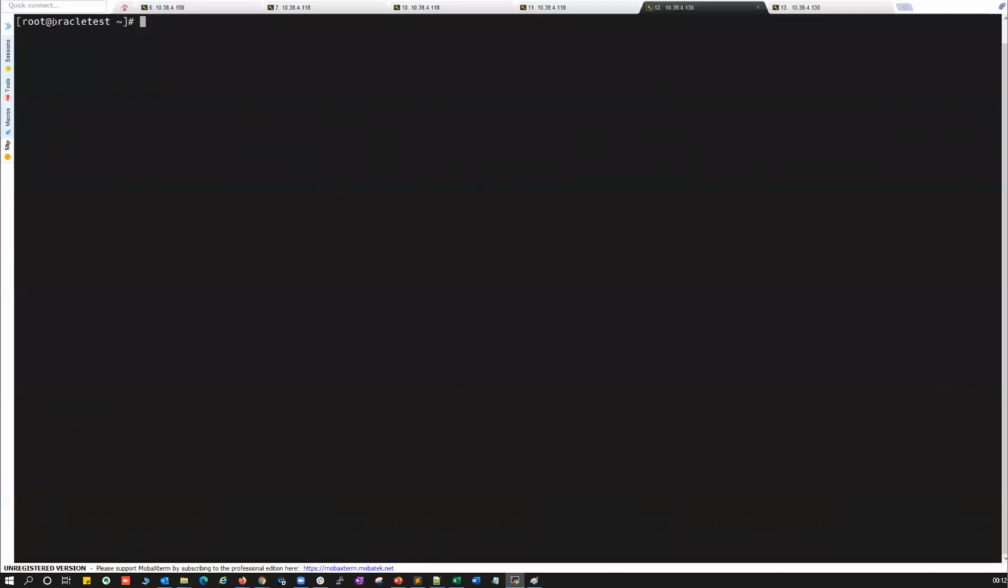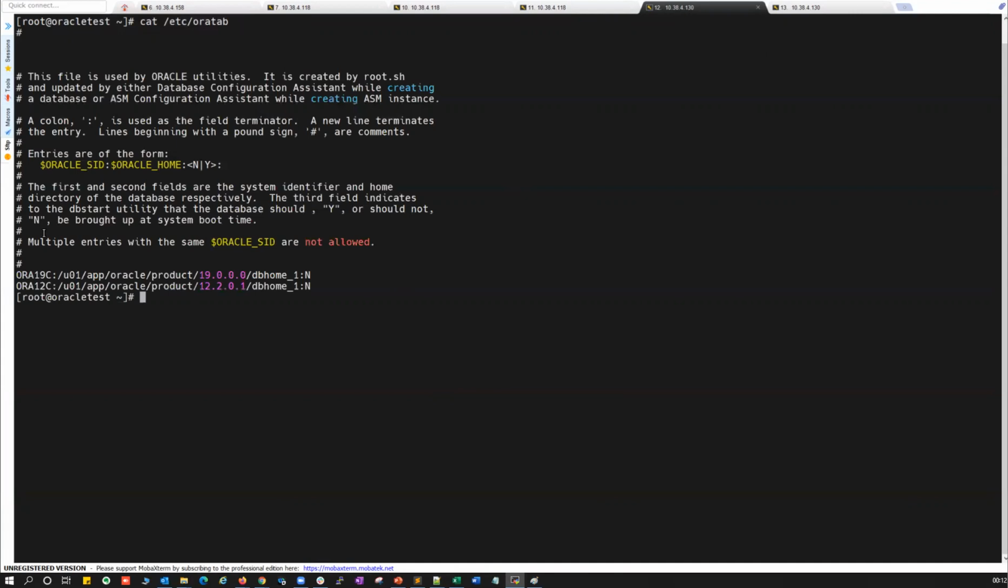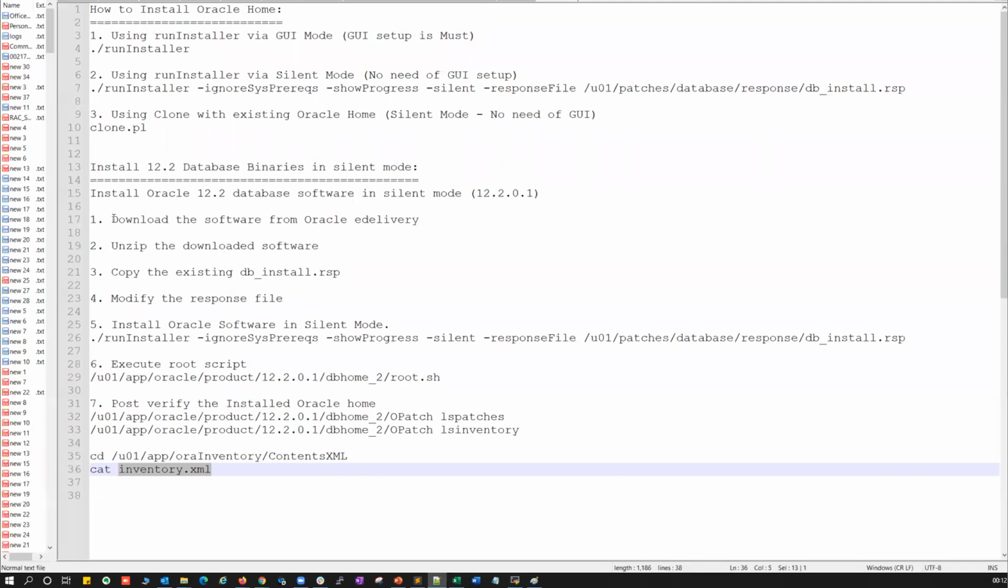So this is my Oracle test server. If I do cat /etc/oratab, this is my already existing 12C Oracle home, /u01/app/oracle/product/12.2/db_home. The first step is to download your software from Oracle eDelivery.